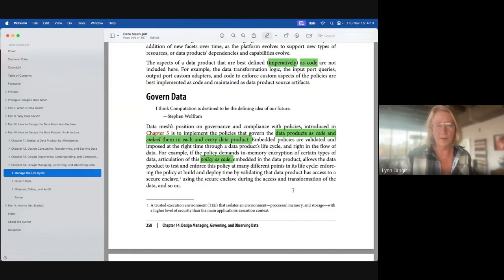One of the things I run into in healthcare is that because there is such a strong regulatory environment around health data, it's a big undertaking in some domains to do this, to have policy as code.